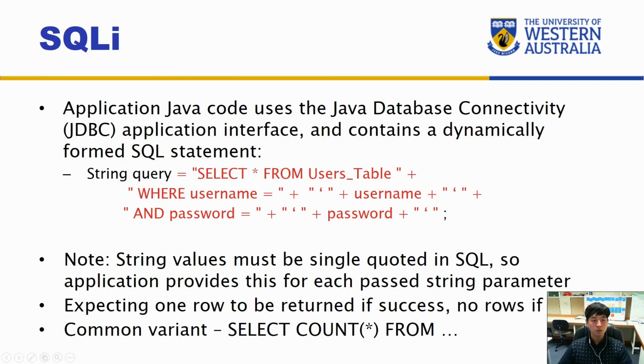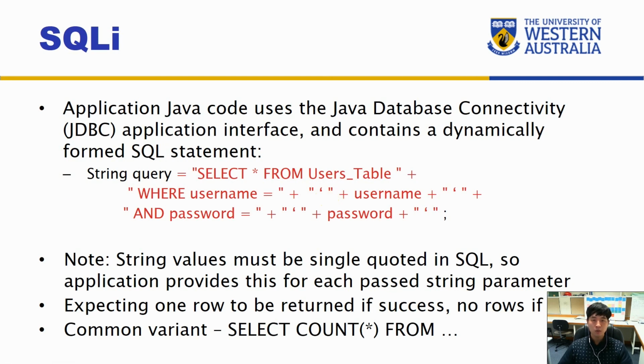Note that string values must be single quoted in SQL, so the application provides this for each passed string parameter. We need to provide those single quotes, and do make sure you use the ASCII version, not the Unicode one. When I was creating this slide, it auto-converted them. Anyway,